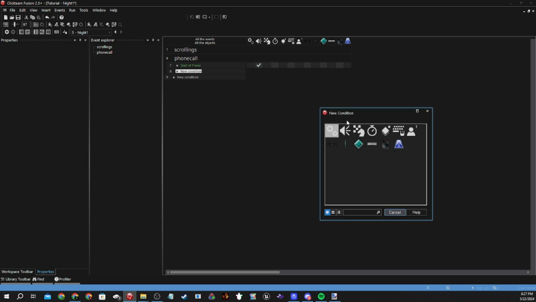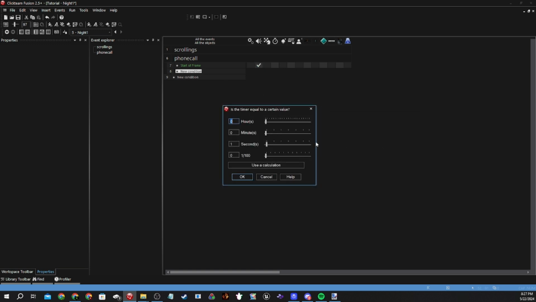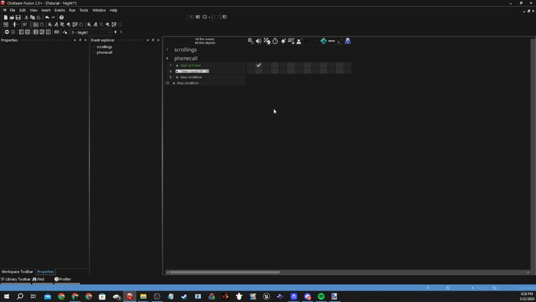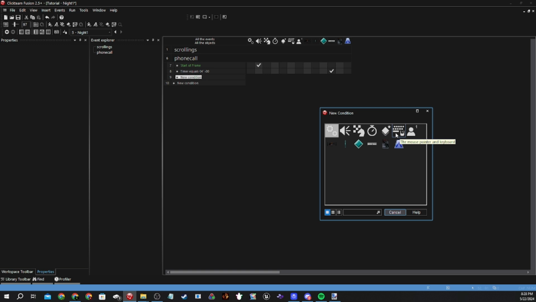Now, I'm gonna make a condition, timer equal to a certain value. Let's go 4 seconds. Destroy the mute call button, because you don't want to have that mute call button the whole time if you're gonna listen to the phone call. And then